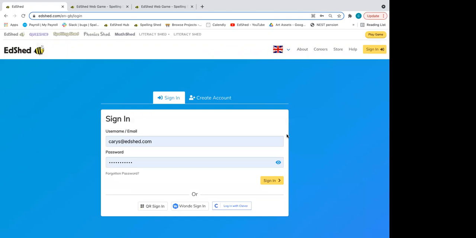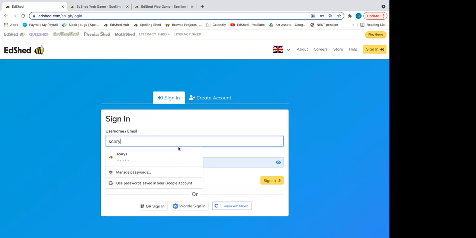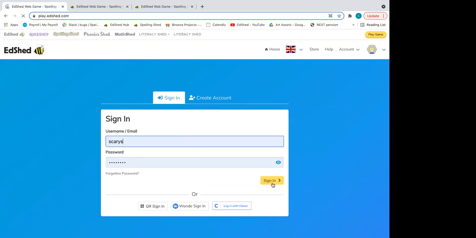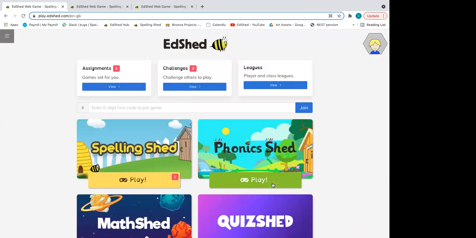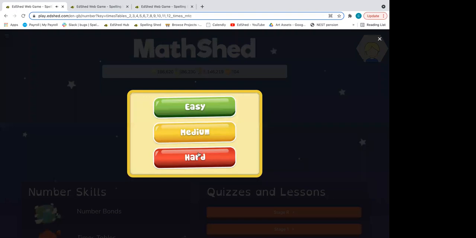So if I log out, okay, so here I am as the pupil and you can see the assignments I've got set for me and the different challenges I've been set. So if I click view on assignments, we can see here the times table assignment that I can play. So I'll show you what that looks like because I know that that's the Year 4 times table check that lots of people will be interested in. If I click play,